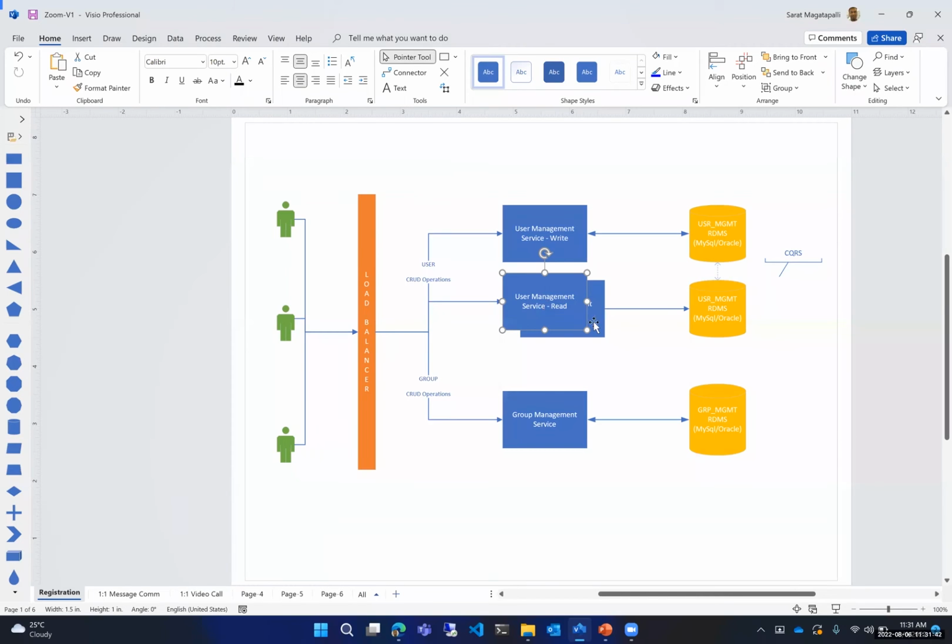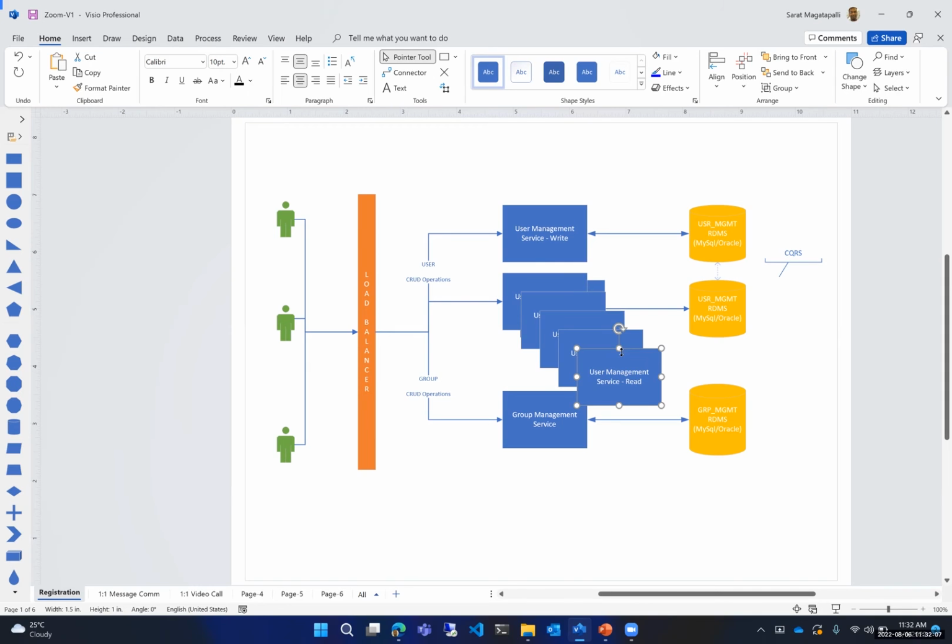Since it is more read, what we identified is that a lot of people are coming to our system for read. In order to support that, we are increasing our servers. We are adding more read instances so that we can support more read functionality. So this is the advantage of microservices from a scalability perspective, and this framework is called CQRS, command